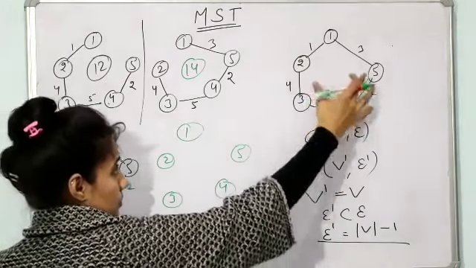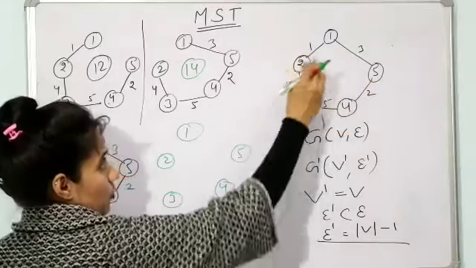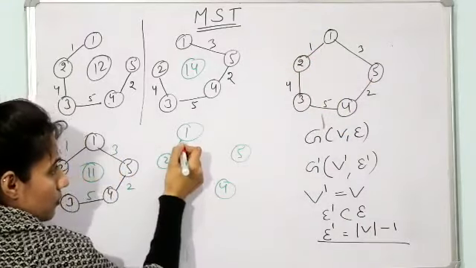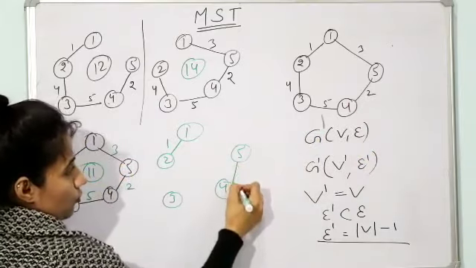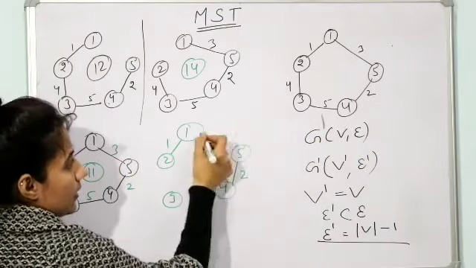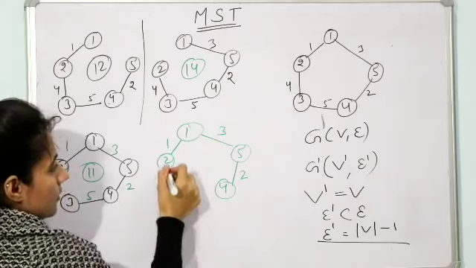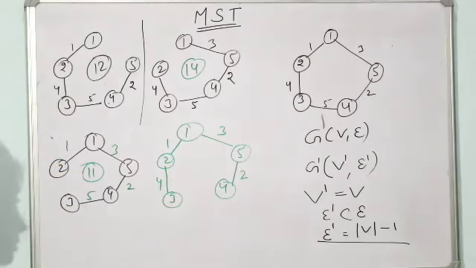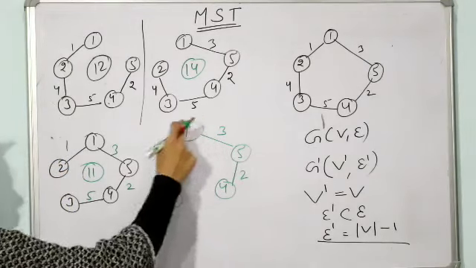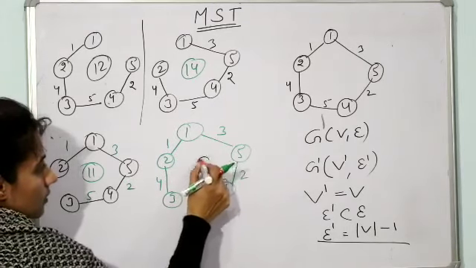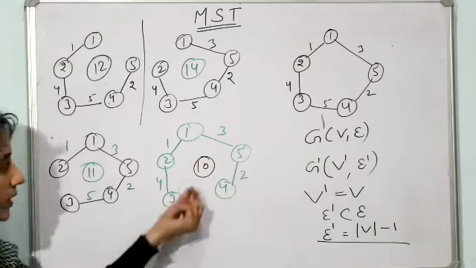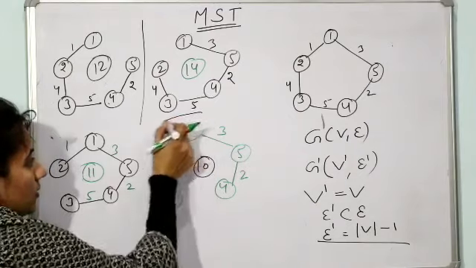Start taking the edge weight having minimum cost. One is minimum, then 1 we will take, then 2, then 3, and then we will take 4. Fine. Now find out the total of this one. This one total is, I guess, 10. So this is the minimum spanning tree